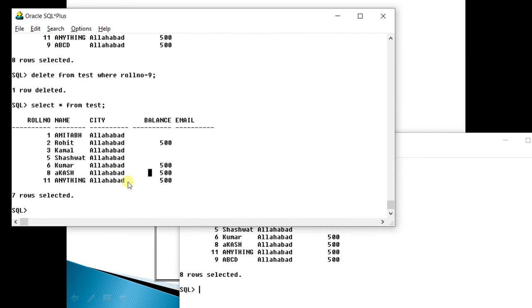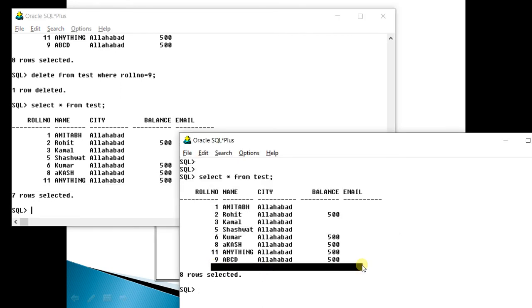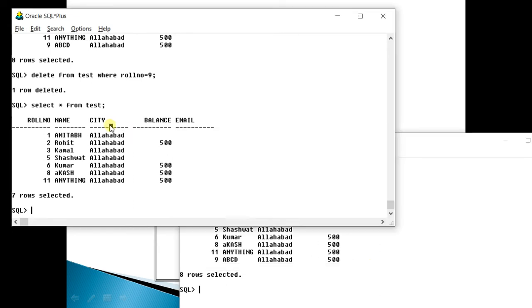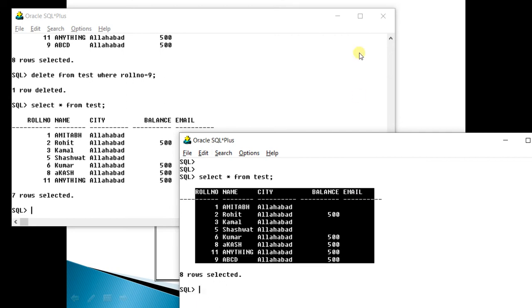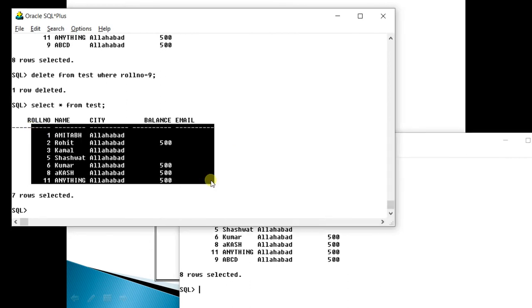Since you have not committed this transaction till now, other windows or other applications which are accessing the table will get the non-committed copy of the table. It means before the execution of this delete, the table was having 8 rows. So all other users or logins will see only these 8 rows. However, in this login window, the rows have changed to 7.